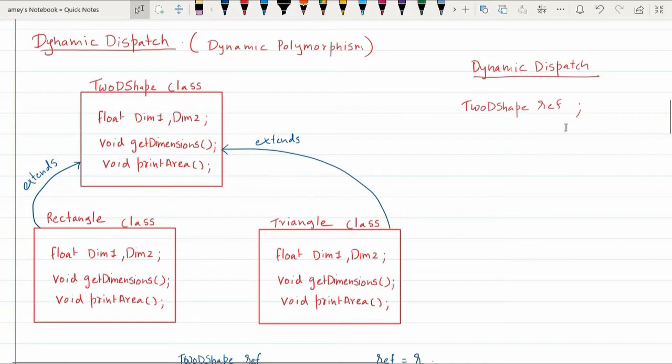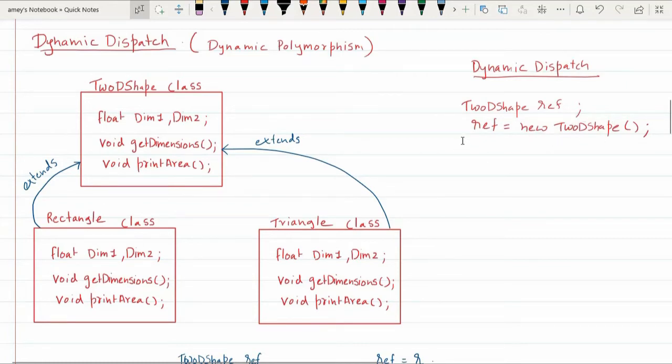The object is created only when you write ref equal to new 2D shape. Whenever the new keyword is encountered, only then do we say that a new object of type 2D shape